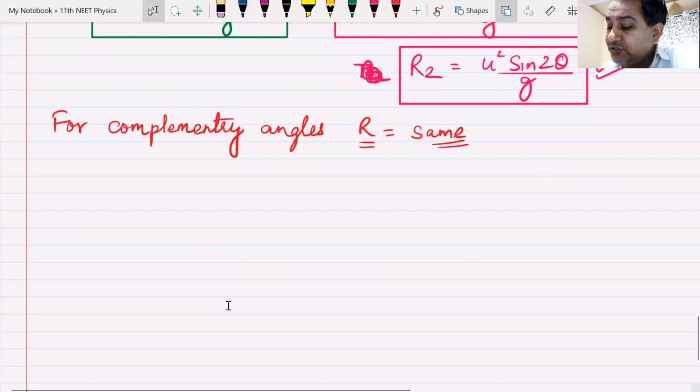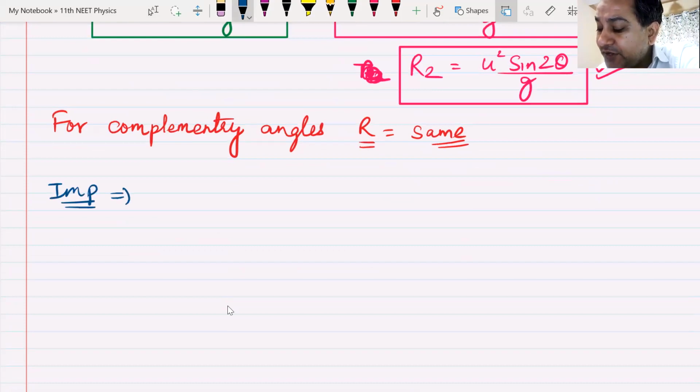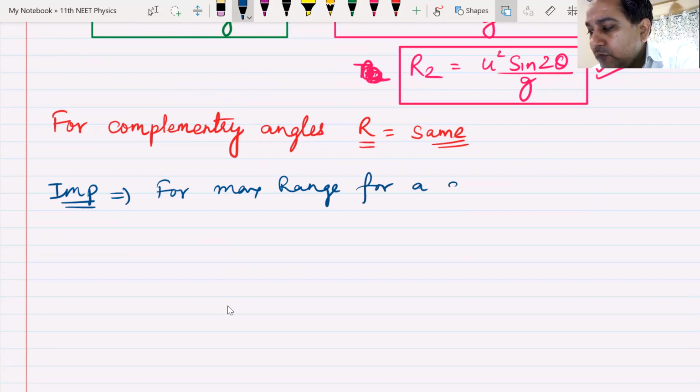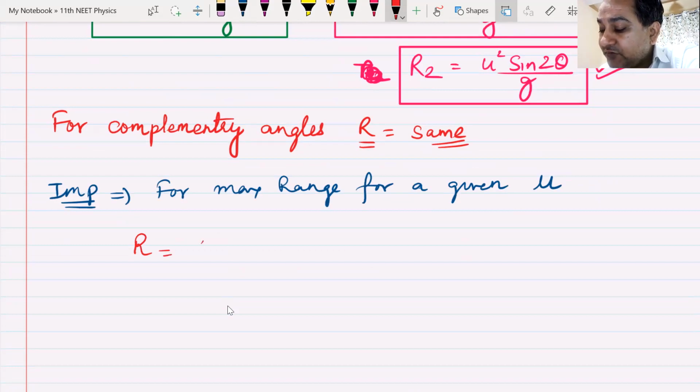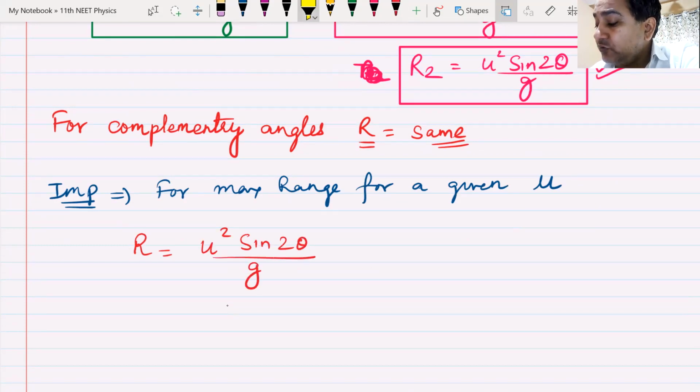For maximum range, important point. Eyes on the sheet, important point. For a given velocity u, for a maximum range. Remember the formula for range is u squared sine 2 theta by g. Now your u will remain constant. If I want to have maximum range,